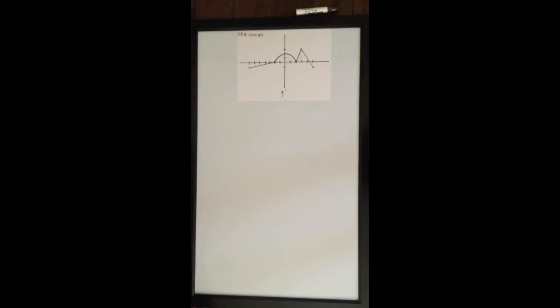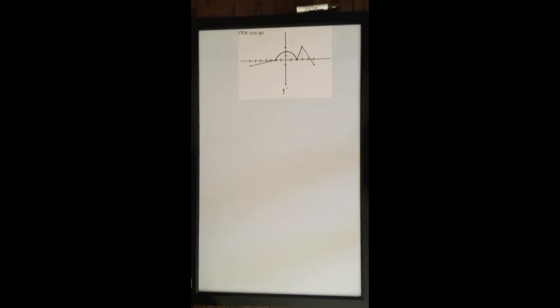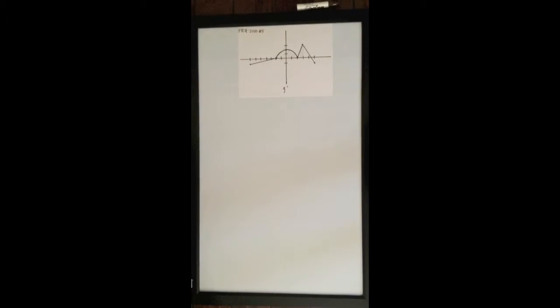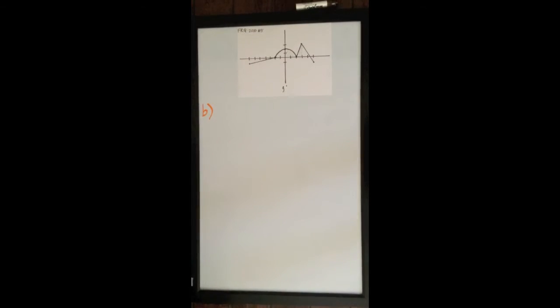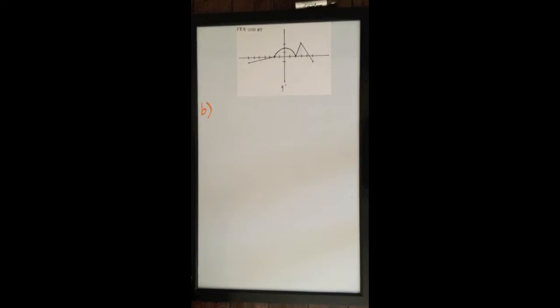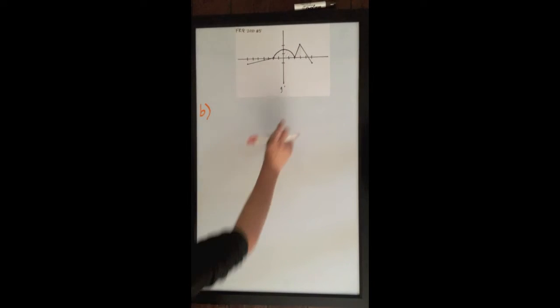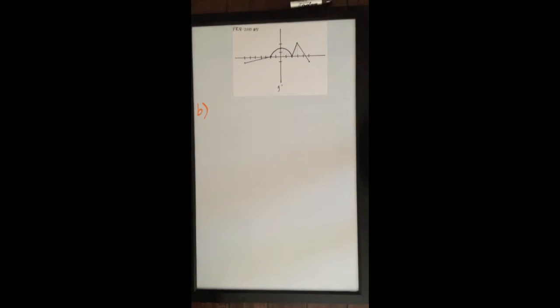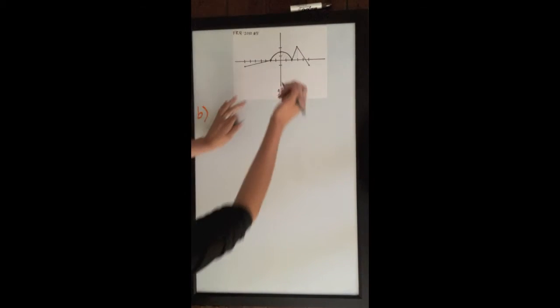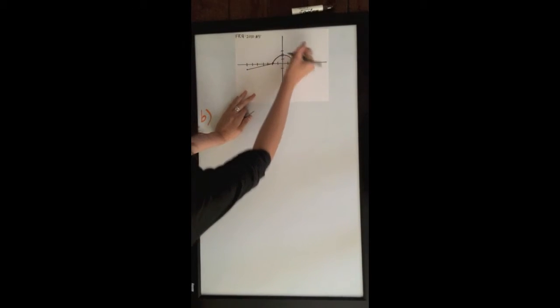For part B of this question, it says find the x-coordinate of each point of inflection of the graph of y equals g of x on the interval -7 to 5. Explain your reasoning. So if you think about it, the point of inflection occurs where g double prime of x changes signs, which in this case is when the slopes change sign. So on this graph g prime, you can see that at this point right here,